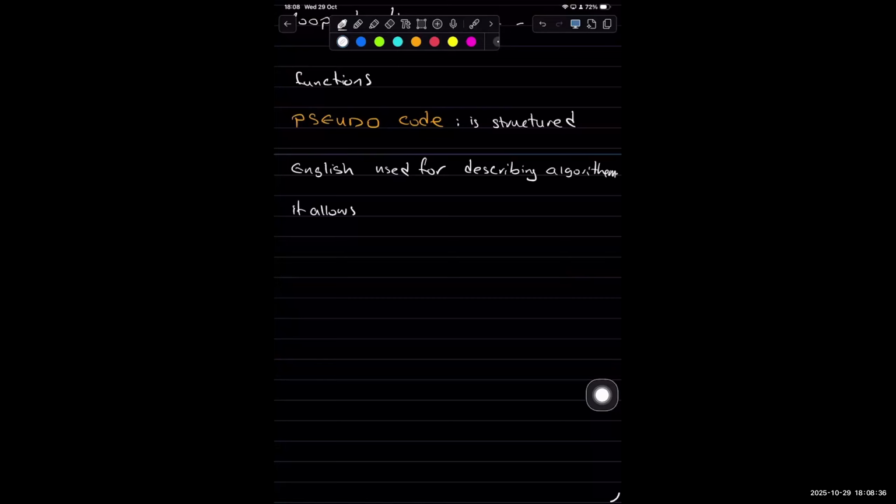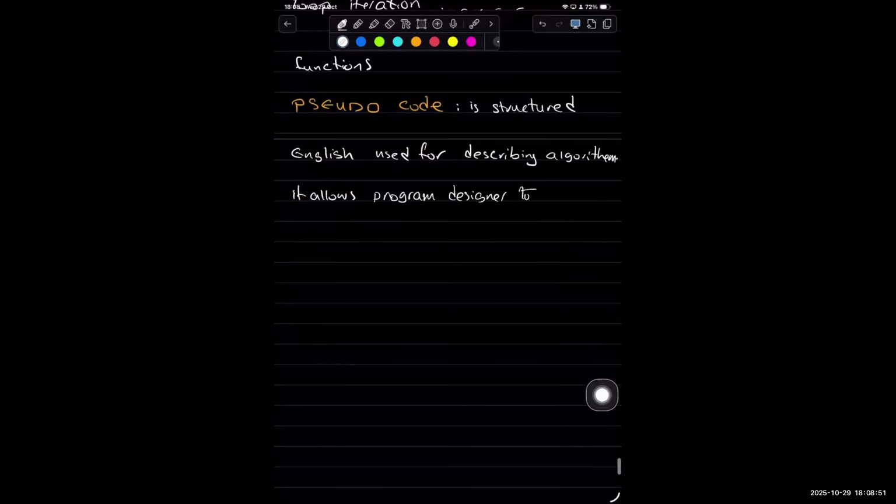So it allows the program designer to focus on